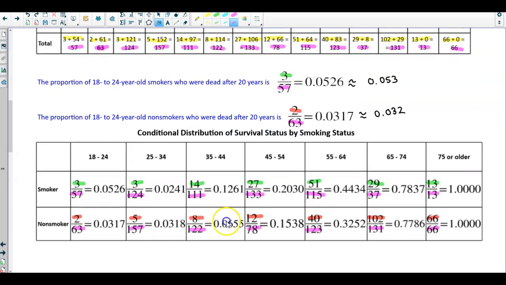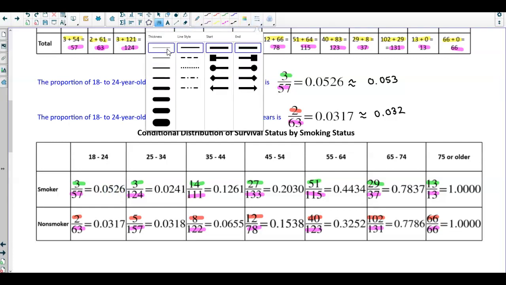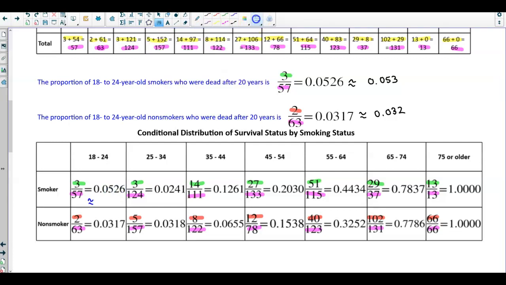Okay, now before we enter our answers, we need to convert these to 3 decimal places. That's why we went to 4 decimal places first. So let's go ahead and do that. We're going to round these to 3 decimal places. So we're going to get